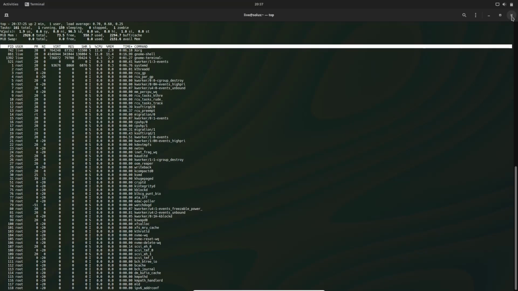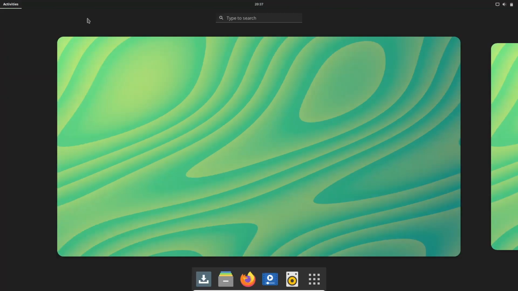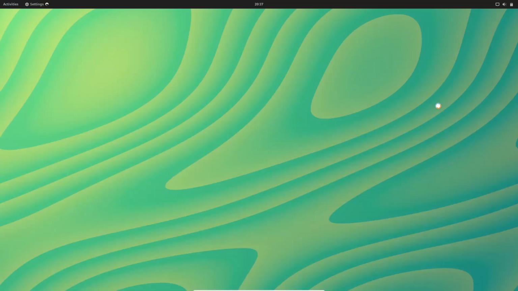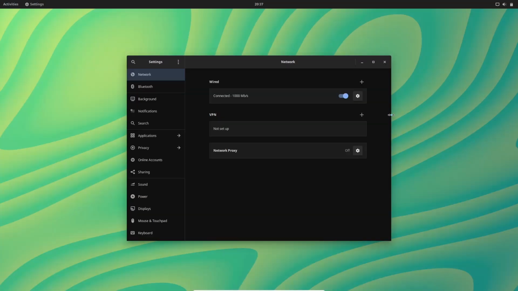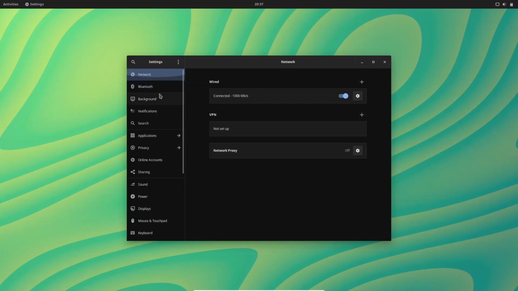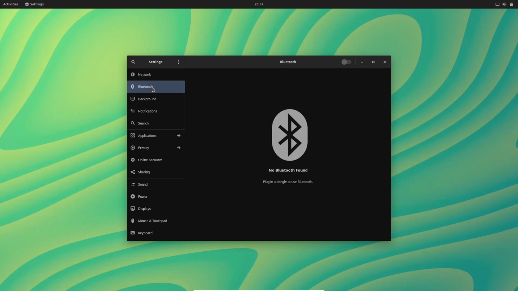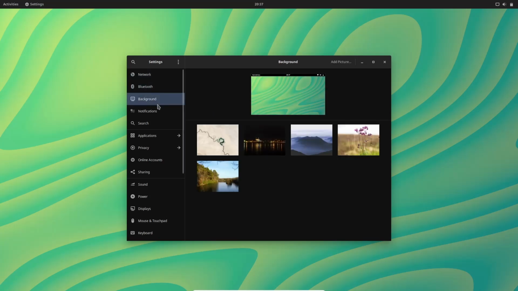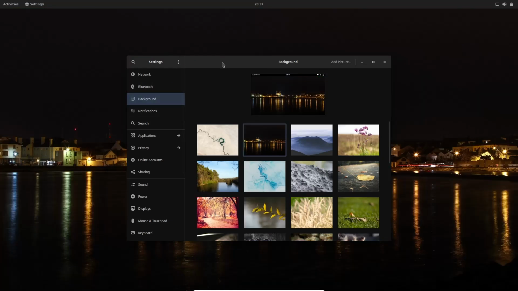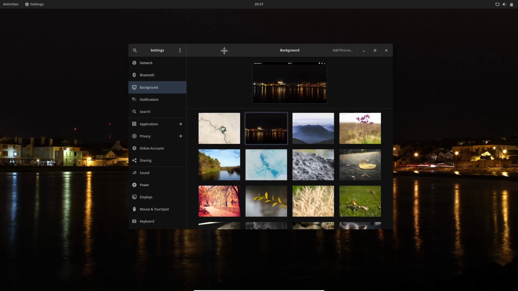So I'm going to go ahead and close out of this, and we will go ahead and open our activities back up, go back to our applications, and you can see up here you've got your settings. Let's go ahead and open that up, and you can see compared to Elementary OS that we just looked at, your settings over here are a little bit easier to see and a little better looking, quite actually. If you go to Bluetooth, you've got background. You can come over here and choose a different background if you would like. Let's go ahead and pick that. And as you can see, that is very beautiful.